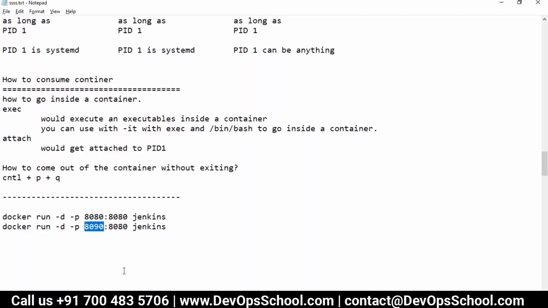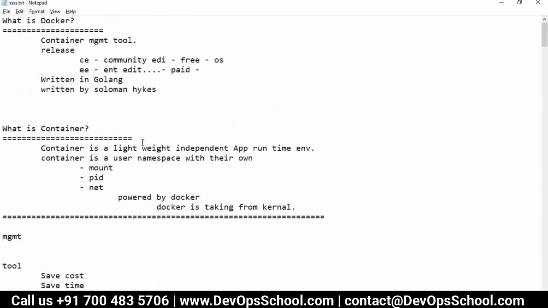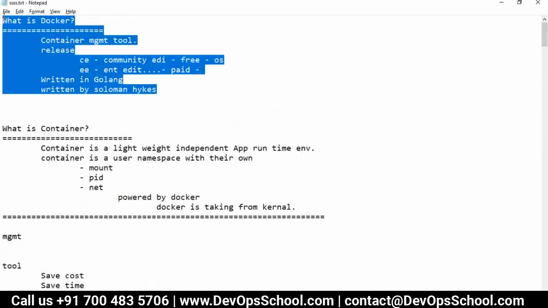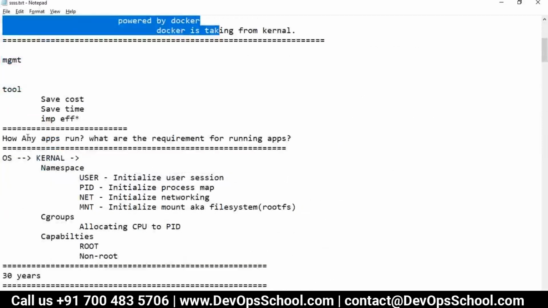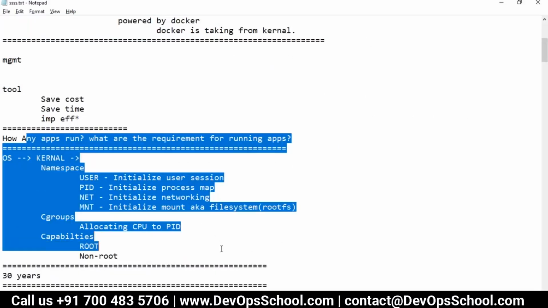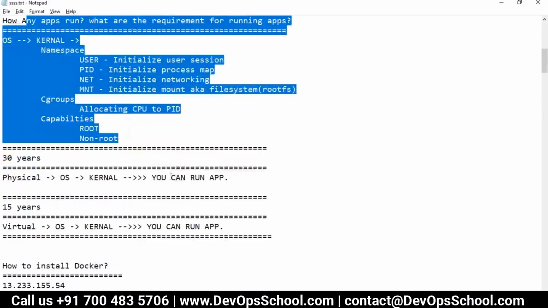Okay guys, so far what we discussed, let's recap a little bit before getting into the next topic. We discussed what is Docker, what is a container, and how containers get resources allocated from the internals of the system.